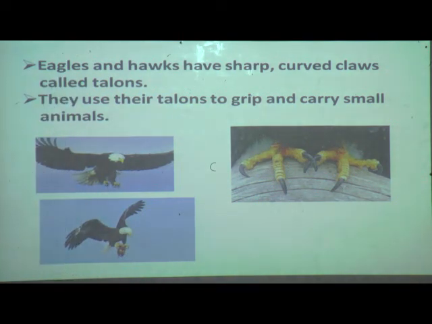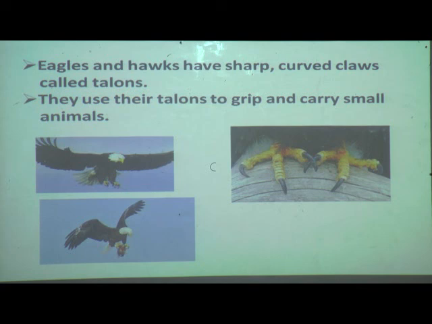So with the help of these claws, they can grip small animals in their talons. They use their talons to grip and carry the animals. Understood about these birds? Now these are called talon feet. Okay?